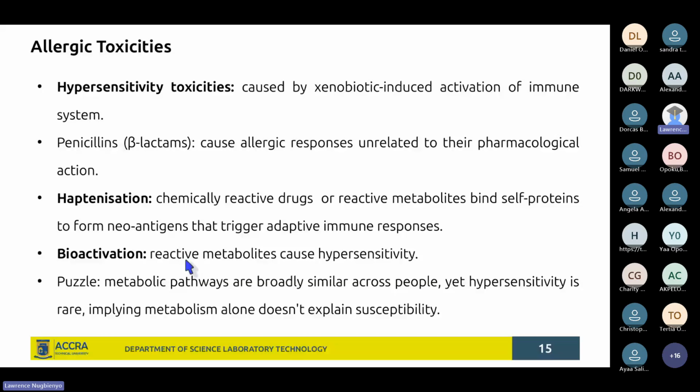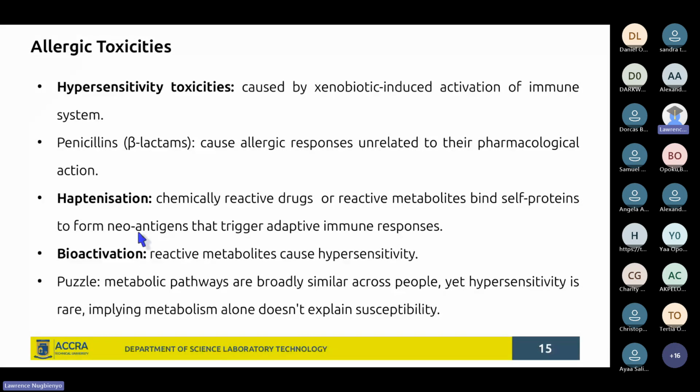So that is what it means. You have reactive metabolites that result in some hypersensitivity. But of course, as I said from the beginning, these things are still not fully understood, even though you have these proposals. There are still some puzzles that are being studied. So, for instance, if we are talking about either haptenization or bioactivation, you are referring to reactive metabolites. But you see, the